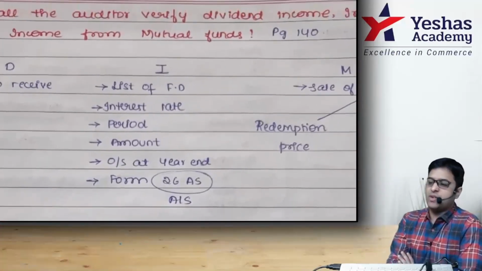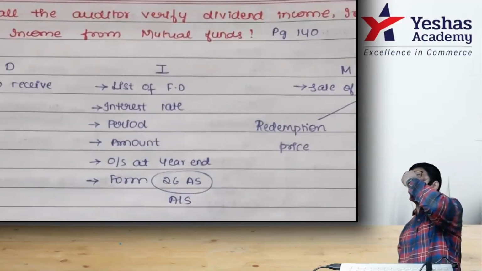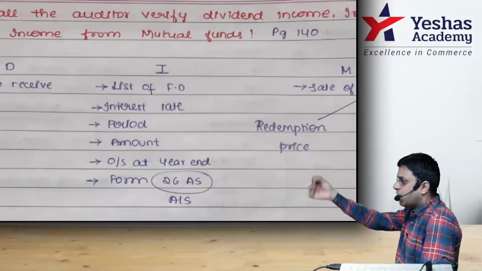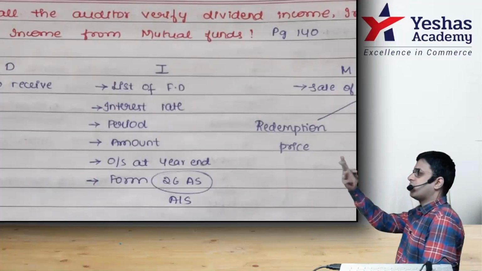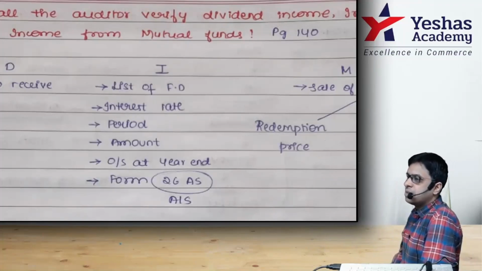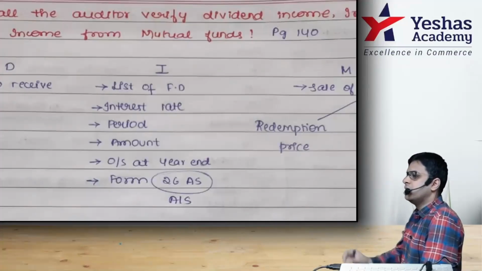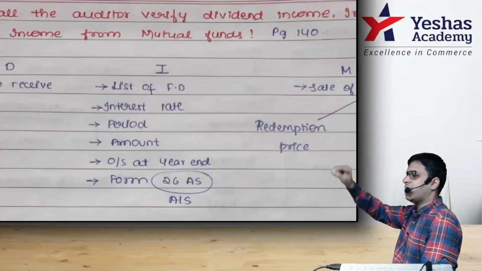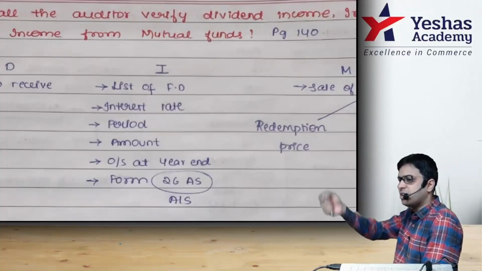If I'm going to check interest income in Utkarsh's company, first I'll ask, Utkarsh, in which banks, and how much amount of FD have you made? Tell me that. He'll tell me, sir, in SBI we have 3 FDs, in Axis Bank we have 4 FDs, in HDFC we have 5 FDs. Like that, he'll tell me the FDs. So I'll first obtain the list of the FDs and the amounts, which is 5 lakh, 3 lakh, 8 lakh, 15 lakh, 25 lakh. Like that, there are different FDs here.